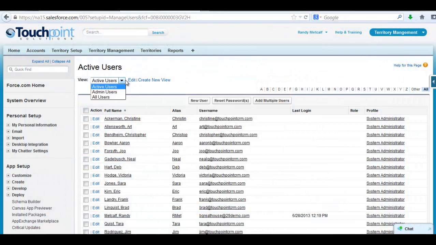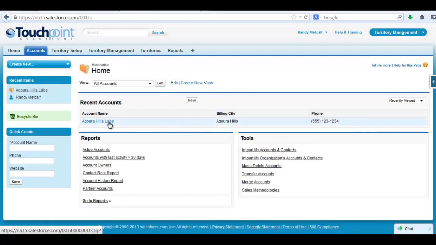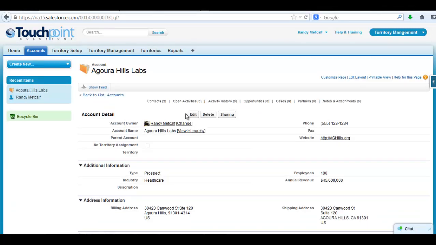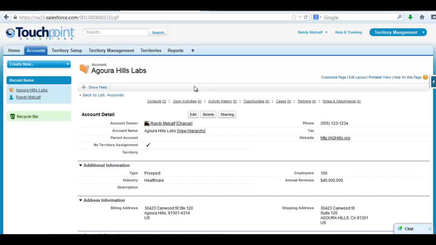First, only users set up as system administrators can define how territory management will work. Second, once you start using touchpoint territory management, all accounts will be assigned to a territory unless the No Territory Assignment checkbox is checked on the account. Before creating your first territory, make sure to check this field on all accounts that shouldn't be assigned to a